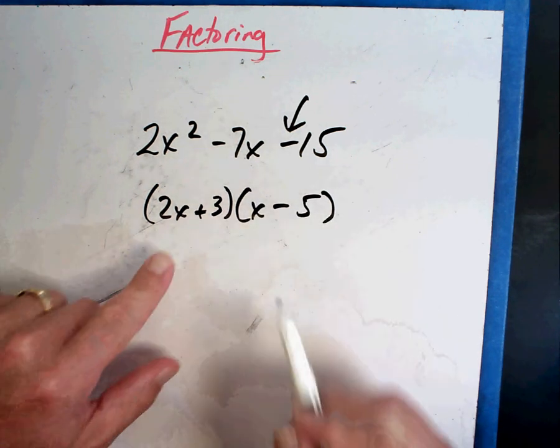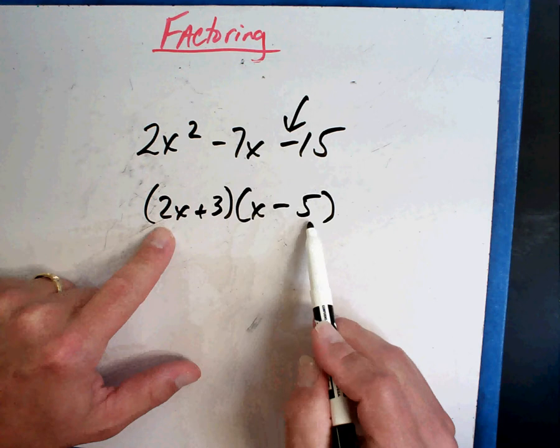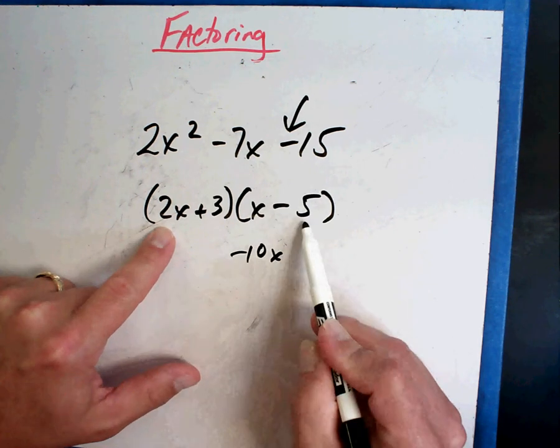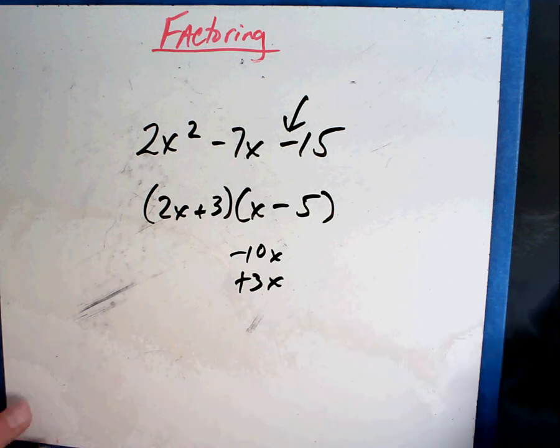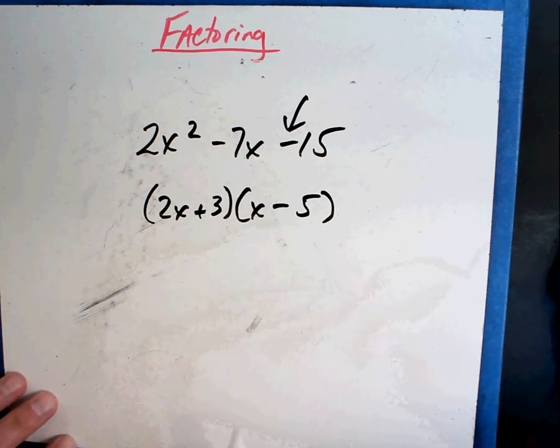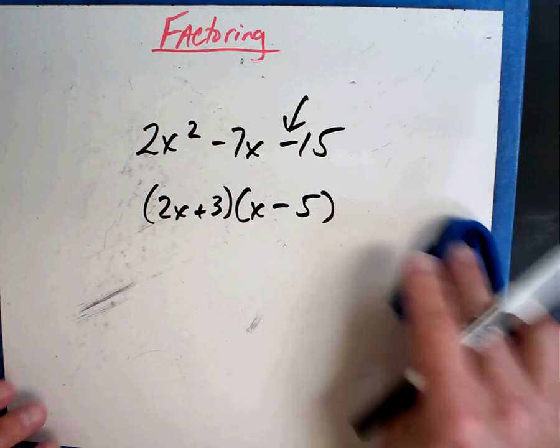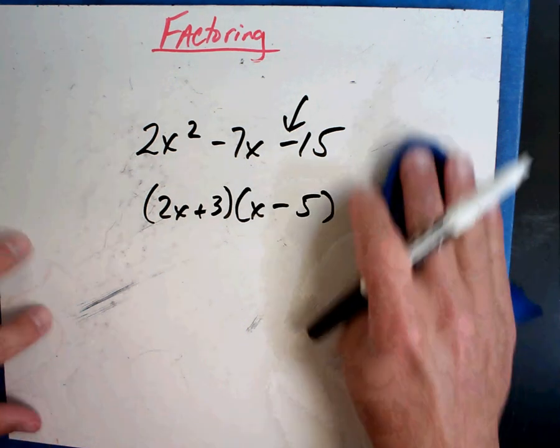Now let's see how we did. 2x squared, got that minus 10x plus 3x. There's my minus 7x. Now I know I have my factor right. That's how you factor. Now, one of the steps of using factoring is that sometimes they go a step further